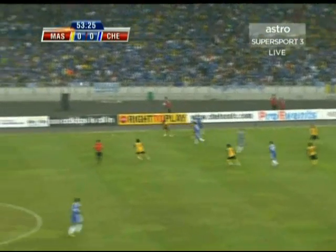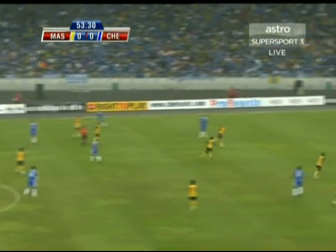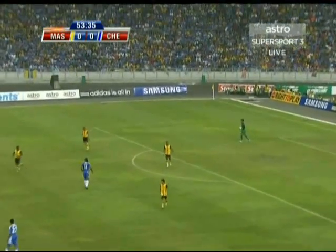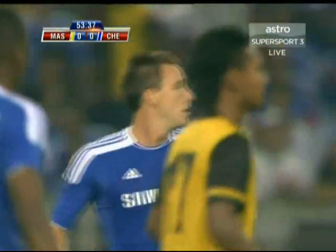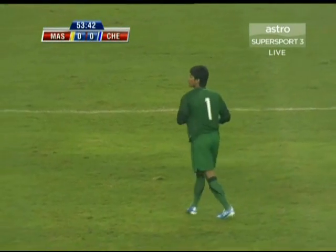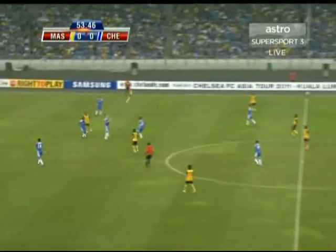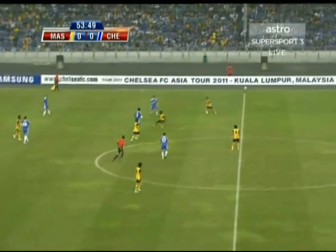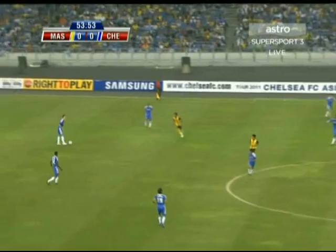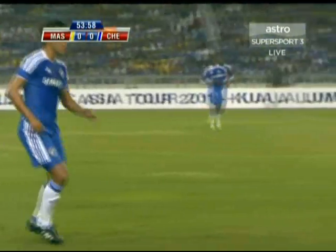That's Anelka finding Ashley Cole over there. Terry involved again, and there he is inside the opposition half. Long ball, but no one going to accept the opportunity. And just looking down, Didier Drogba had come over to the far side. Terry was expecting him to go charging down the middle. John Obi Mikel again playing in front of the back four. The four are lying a little bit square, except Paulo Ferreira has got loose from them and gone forward. Here he is,